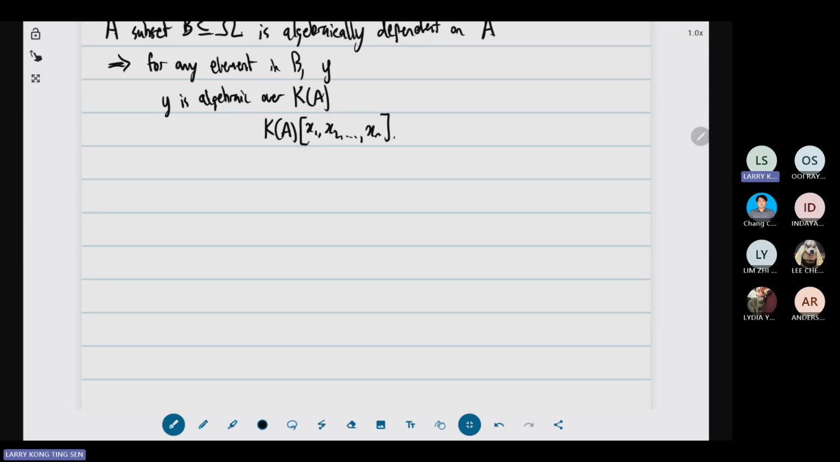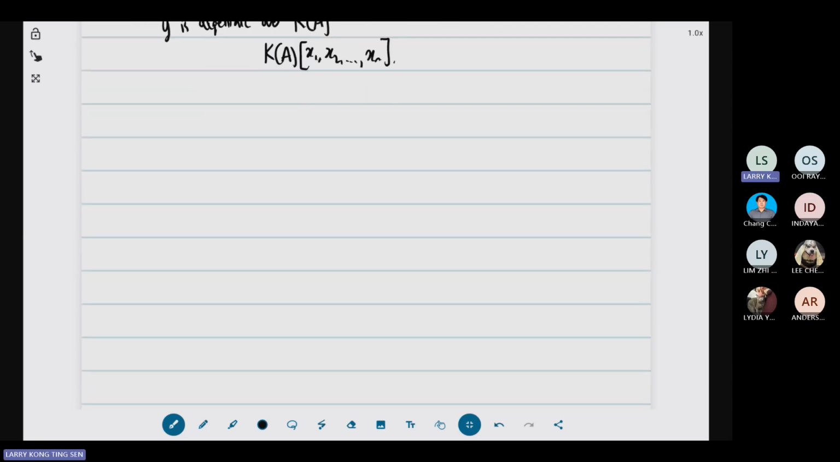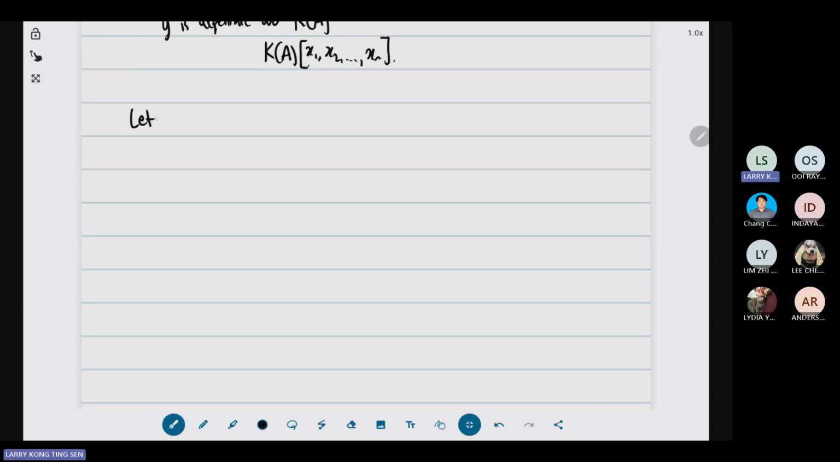So in fact, there is a kind of similarity between this transcendental extension basis and the linear algebra stuff we have. Specifically, we actually have something like this. Let's say we are working under omega, which is a field extension of K,